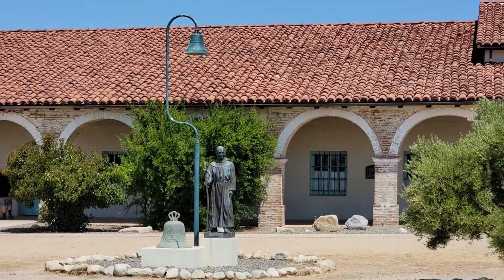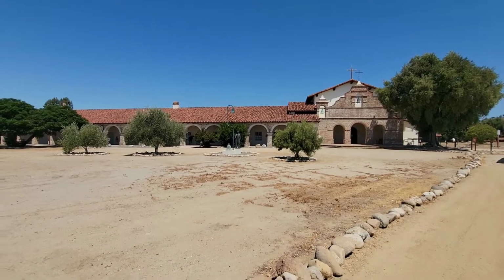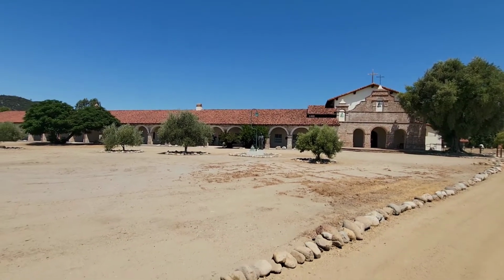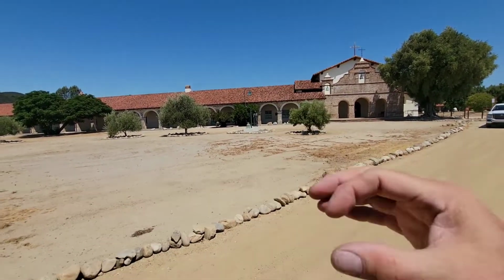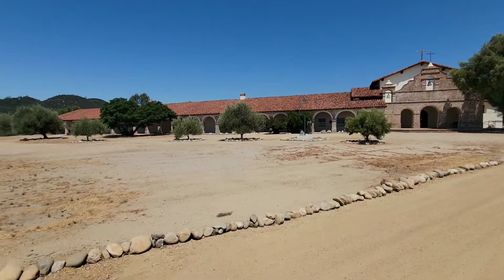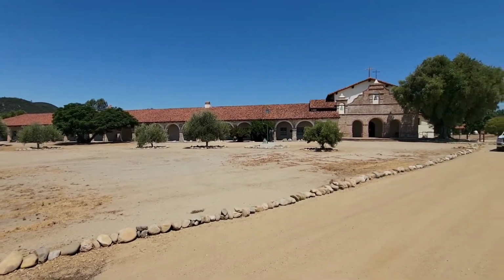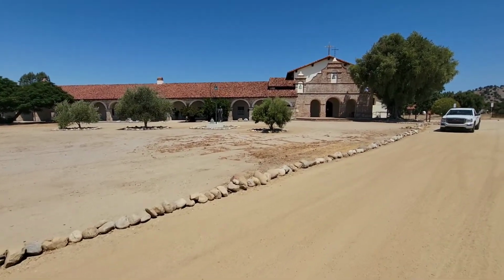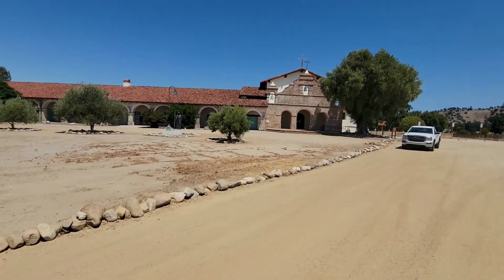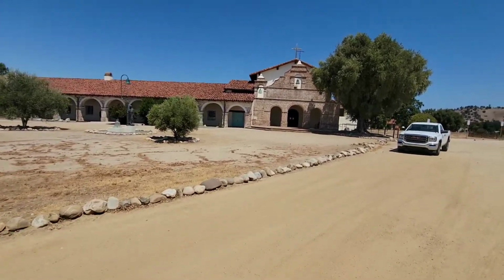I feel like running it out until it dissipates. Now this does have an interior corridor, so there are four sides to it, and if you look at it on Google Maps, there is a centralized courtyard area in the interior. Once again, I'm cutting this short due to camera capability, the heat that's bearing down on me and the camera, and the time that my daughter and I have to get on the road and head south